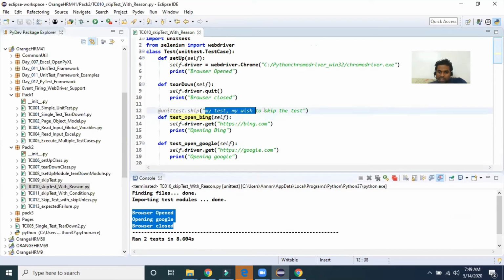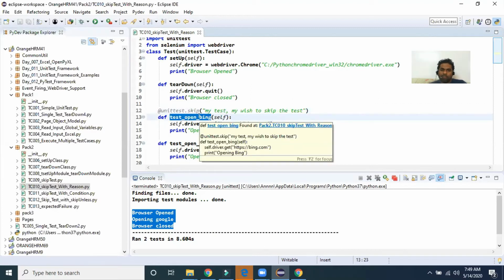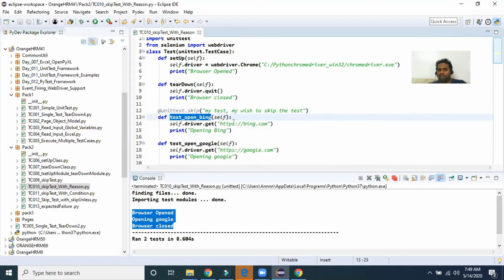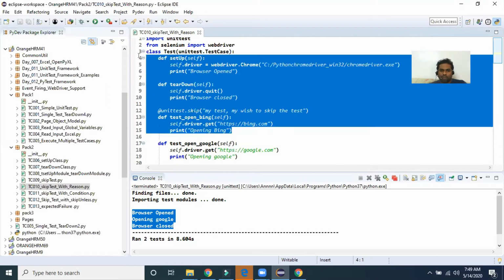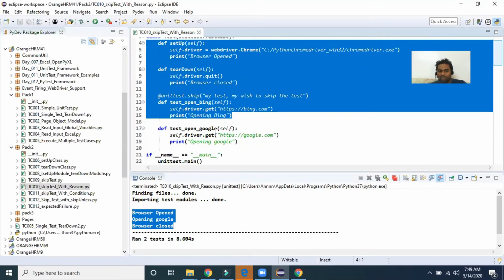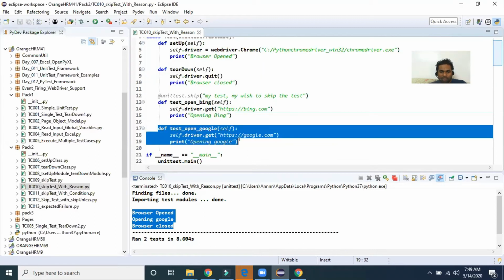Just, you can write any reason. That is the way the unit test framework was designed. If you are mentioning the reason for that particular test, setup and tear down methods will also be skipped completely. So this part is not executed at all for that test from this class, and only for this test method it's executed, setup and tear down.